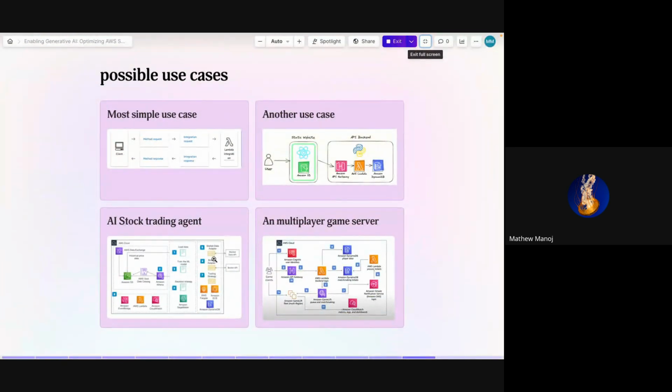So these are all very simple use cases. This is the one which I showed you right now, where you pass in the API call and then the model gives back the output. This is another use case where you can present whatever website you want to present, whether it's a blog or a newsletter, something like that.